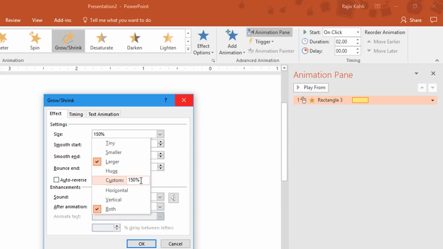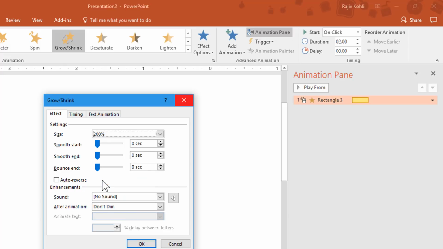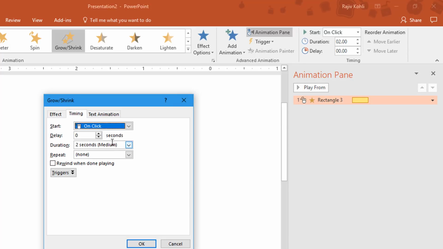I would like to increase the size of this bar to 200% with no smoothness, but I would like to auto reverse the bar to its original size, and also like to repeat this animation until end of the slide.